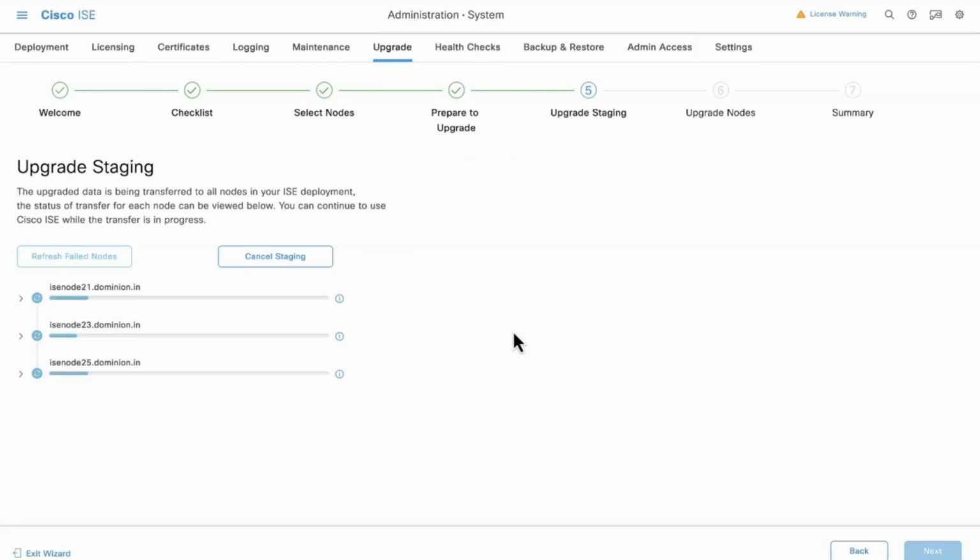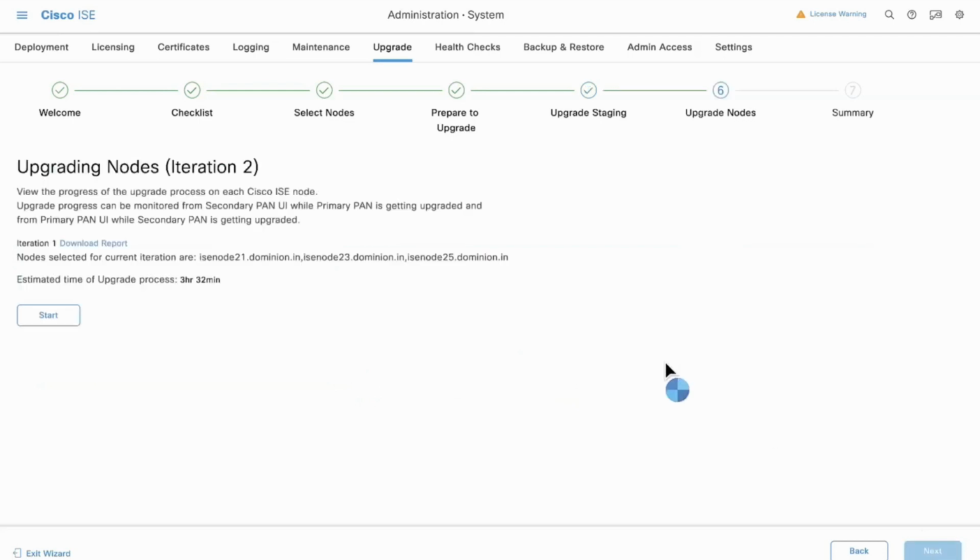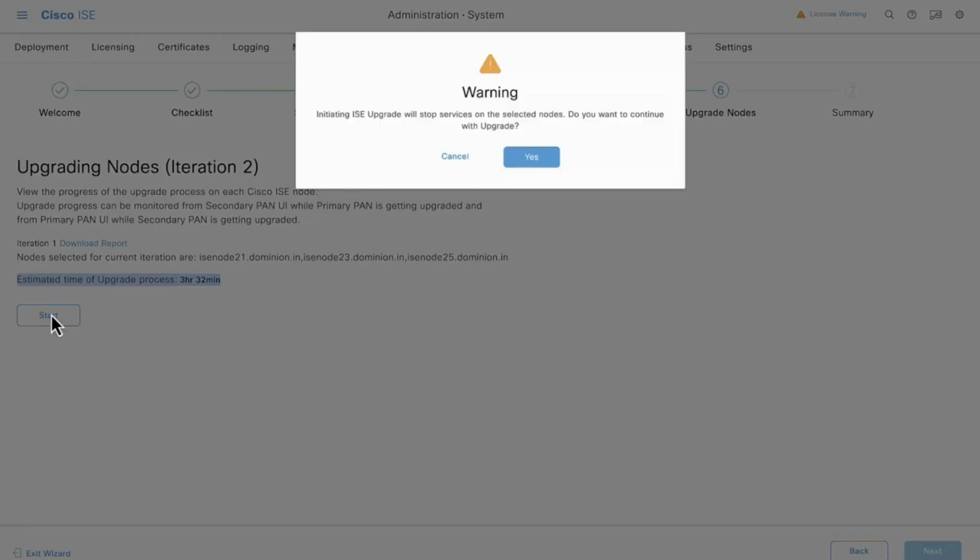Then you can start the upgrade staging, where the generated upgrade DB dump is going to get copied to the iteration 2 nodes. That is nothing but 21, 23, 25. Once it got copied, that's when you can go to the next step, which is nothing but upgrading your iteration 2 nodes. Click next. And it was showing you clearly it's going to take around 3 hours 32 minutes,